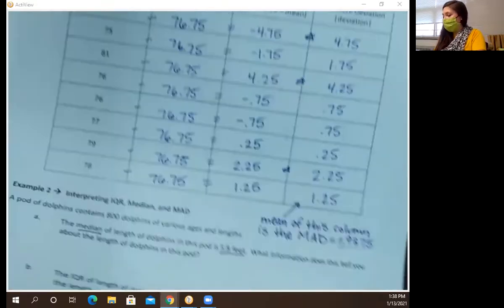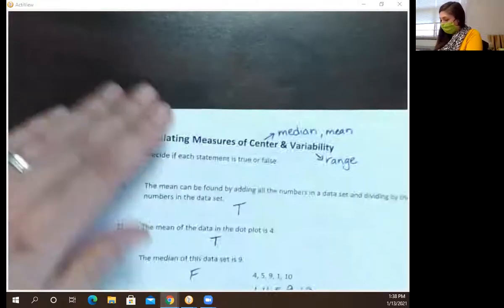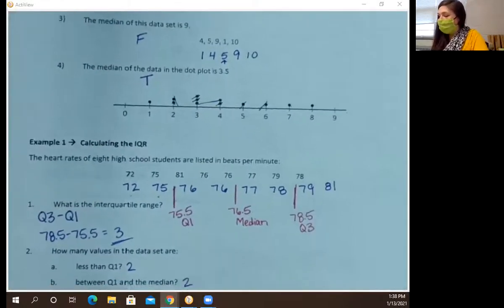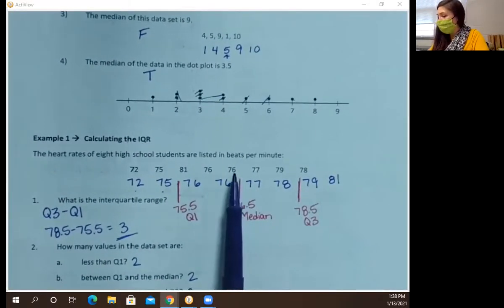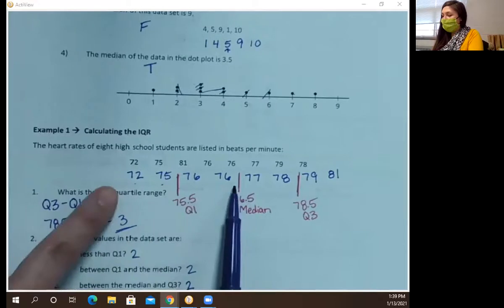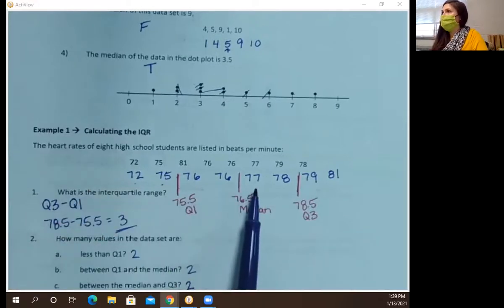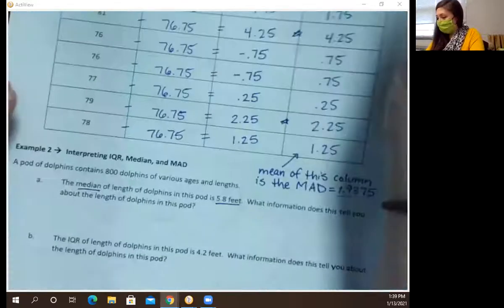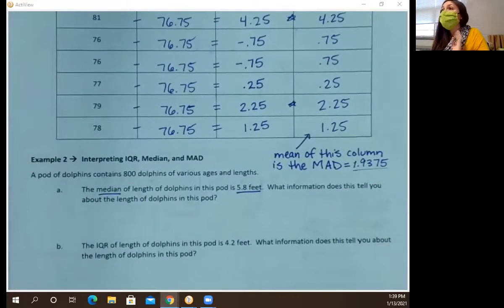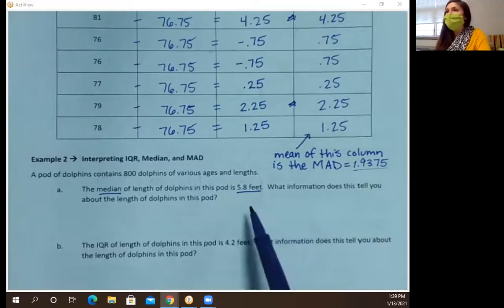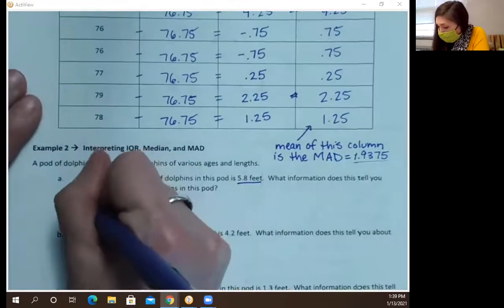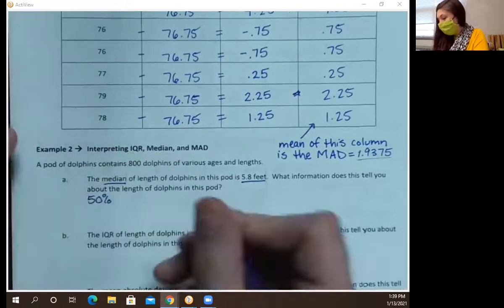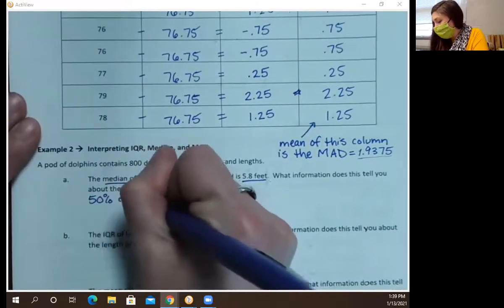I want to flip back for just a second to where we found the median for our heart rate problem. Remember, the median cuts my data in half. So when we found the median of our heart rates, we had heart rates below that and heart rates above that. If we talk about the median for our dolphins, what would I expect for the length of those dolphins? They're going to be what? Yeah, those lengths should be above and below. And remember, it cuts my data in half. So I should expect 50% of dolphins